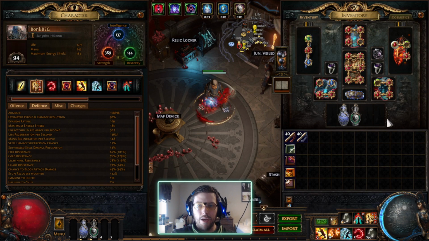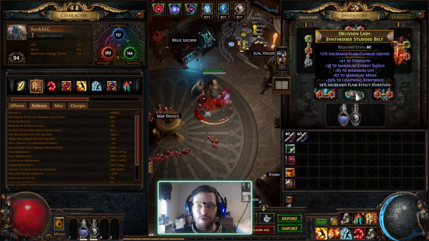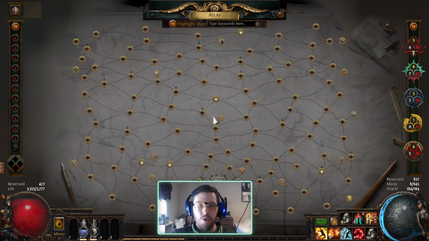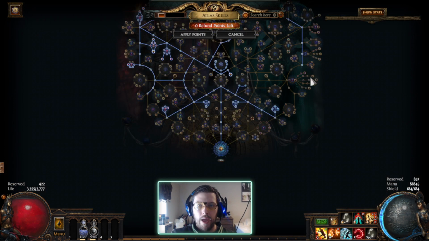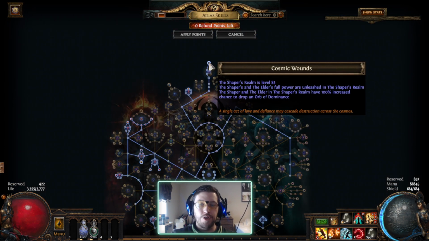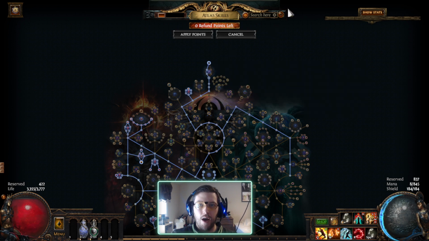And then I need over 50% charge recovery on my basalt flask, which I get with a combination between the implicit here and that. So I am going to go ahead and run an Uber Shaper. I have no idea how this will go. I tried twice previously and I died